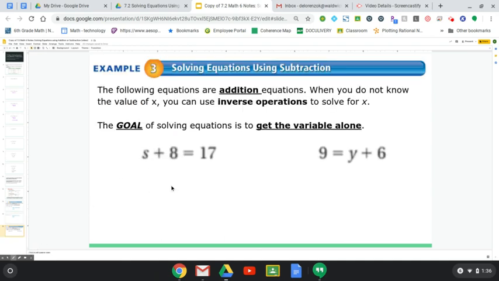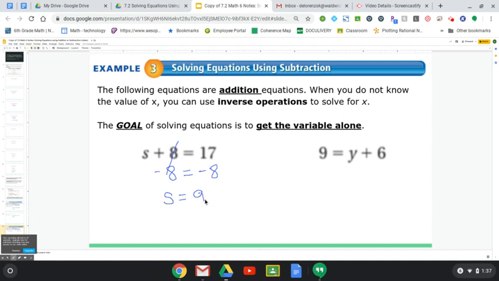Now we're going to look at addition problems. So in these two addition equations, we have a variable, and this time a value is being added to it. So again, our goal is to get the variable alone. In the first equation over here, we have s plus 8 is equal to 17. Since 8 is being added to the variable, we want to go ahead and subtract that amount. If we do it on one side, we have to do that on the right side as well. So the plus 8 and the minus 8 cancel out, and we get s by itself. And then on the right side of the equation, we have 17 minus 8, which gives us a value of